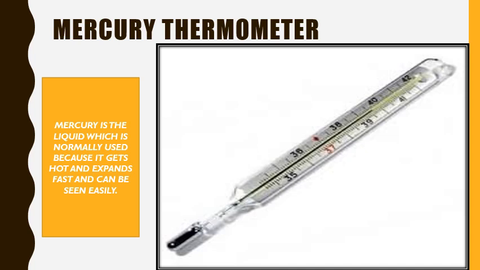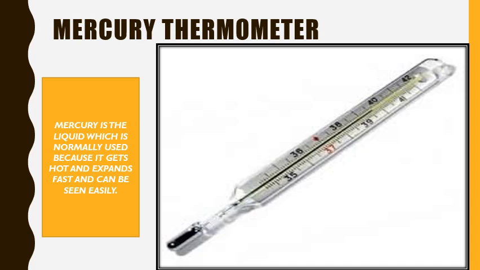Now let's see why these mercury thermometers are used. What are their advantages? Mercury is a good conductor of heat and therefore it quickly reaches the temperature of the surroundings. It does not stick to the surface of the tube and therefore gives quite accurate readings. It has a high boiling point and a low freezing point, and therefore it can measure a wide range of temperatures. Its shining silver color is easily visible.